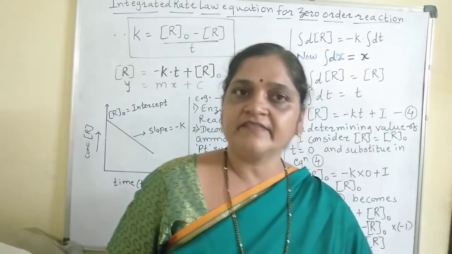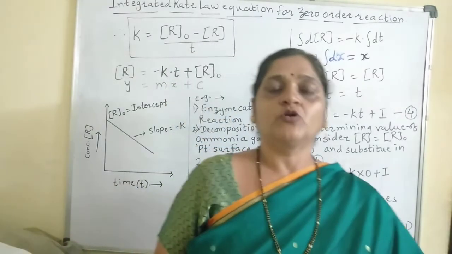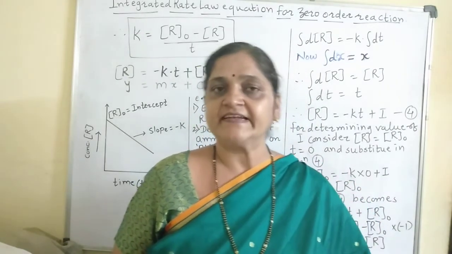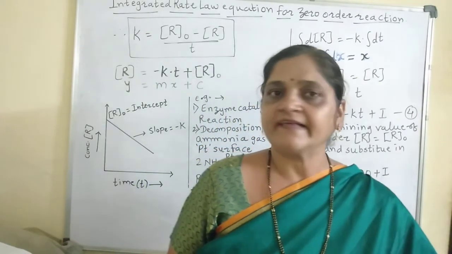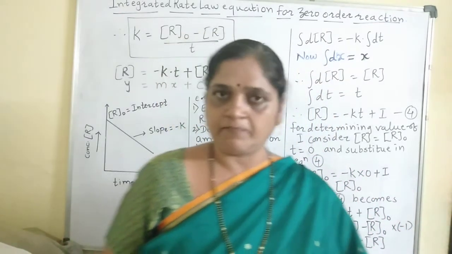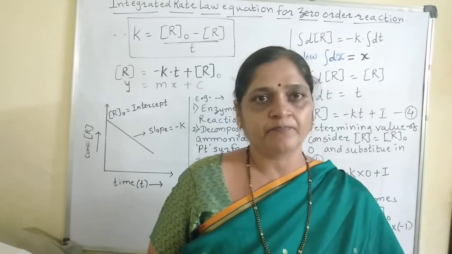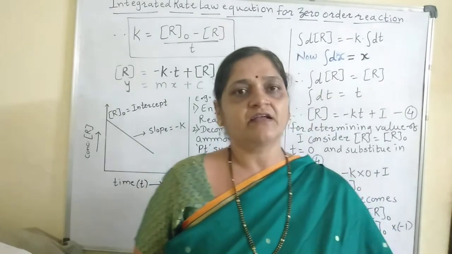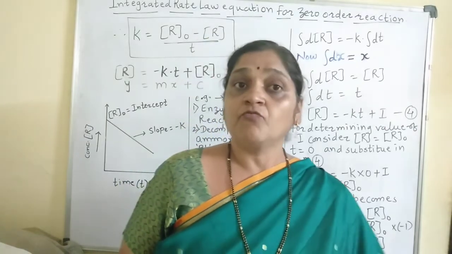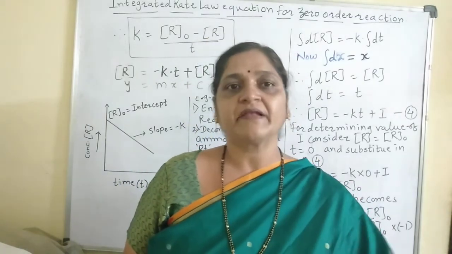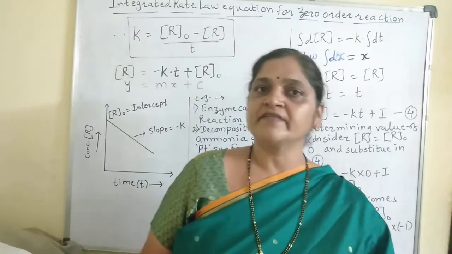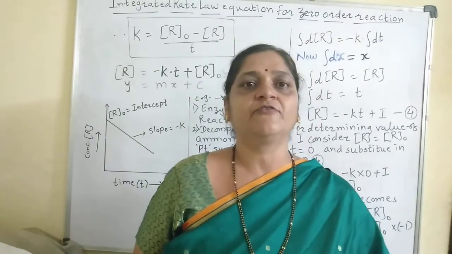But the conversion of reactant into product totally depends upon the amount of enzyme present in the reaction. This enzyme is not actually participating in the reaction. It will just help to convert the reactant into product. So when the reactant gets converted into product, the enzyme escapes as it is, because it is a catalyst. So the amount of enzyme present in the reaction is what will decide how much reactant gets converted into product.